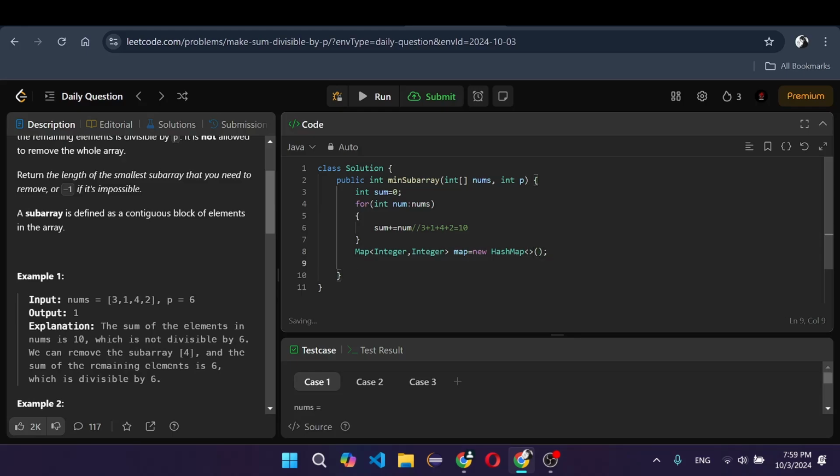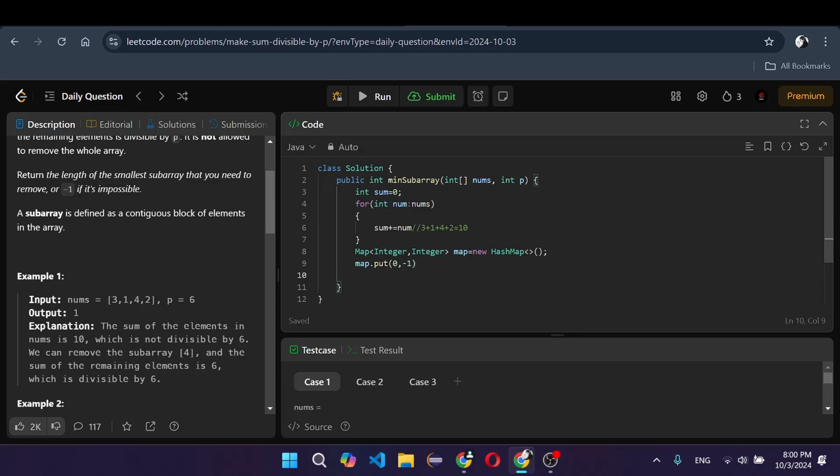Okay, I'm going to handle the case where removing the prefix itself just works, I think. Okay, map dot put of 0 comma -1. All right,